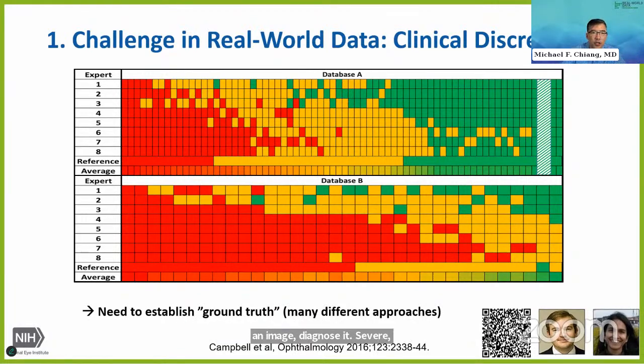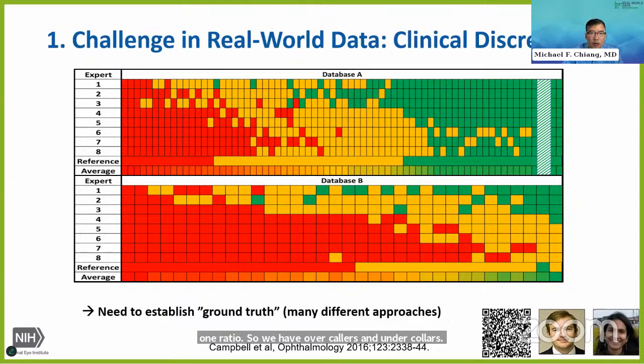If that expert diagnosed that image severe, the box is in red. If they diagnose it as moderate, it's in yellow. And if they diagnose it as normal, the box is in green. This happens to be plus, pre-plus, or normal. But anyway, experts number 7 and 8 down at the bottom diagnose severe 6 times more often than expert number 1. And we see this, and you go to a different data set at the bottom, database B, it's the exact 6-to-1 ratio. So we have overcallers and undercallers.